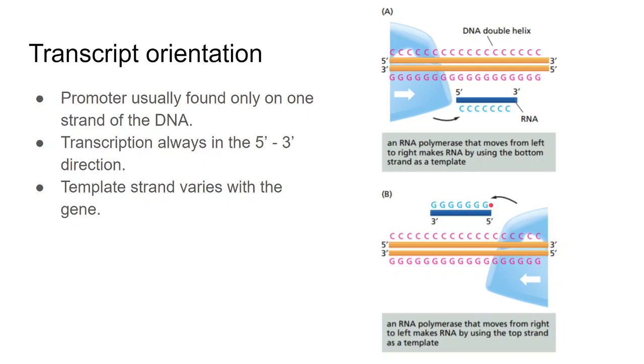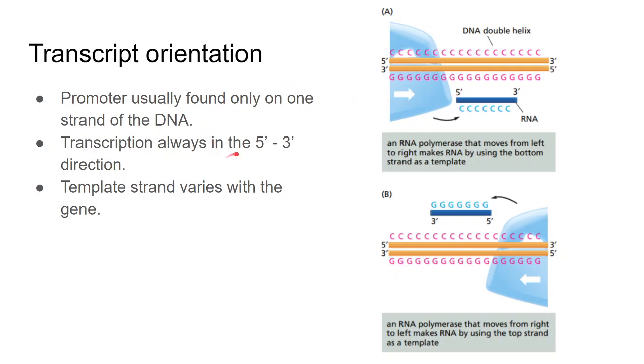The growth of the transcript is always in the 5' to 3' direction, and how the polymerase is moving determines which strand it's using as a template. If it's moving in the rightward direction, then the strand... I think the image is clearer. The more I say it, the more confusing it becomes. Just look at the image. I think it's pretty self-explanatory. The more words you attach to this simple concept, the more complicated it gets.